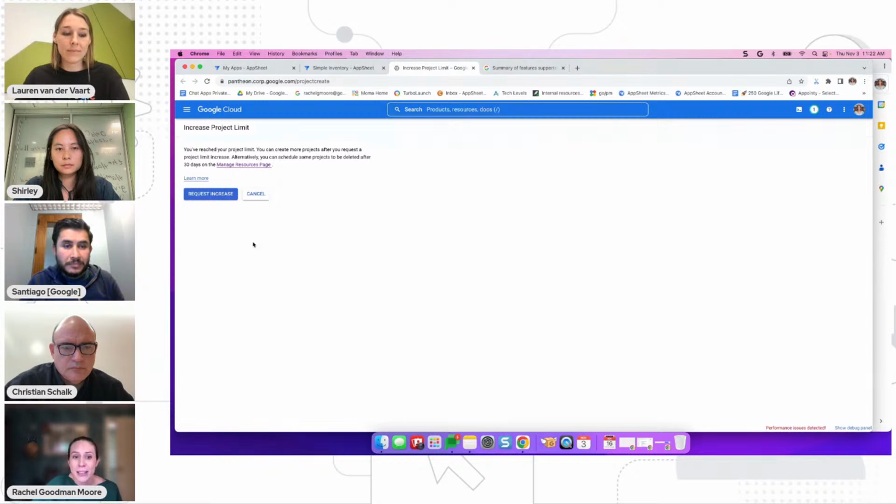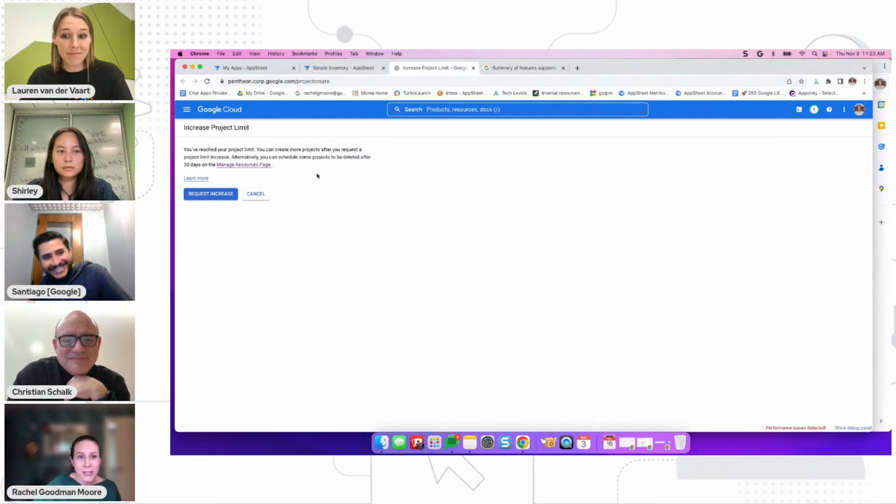Oh, I've reached my limit. That's very exciting. I didn't even know I could do that. So what I would need to do is create my cloud project and set it up, configure my chat app, and it would allow me to interact with it moving forward. Because I have reached my limit, and I did not know that was a capability that would possibly happen in this instance or at all, I'm actually going to swap off of my live demo, and